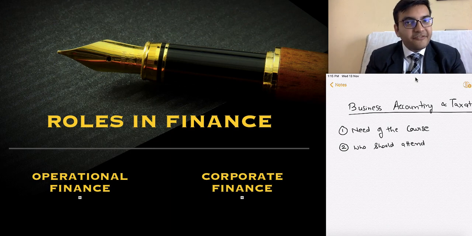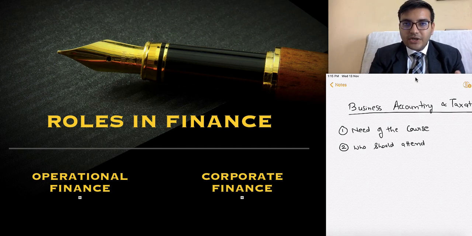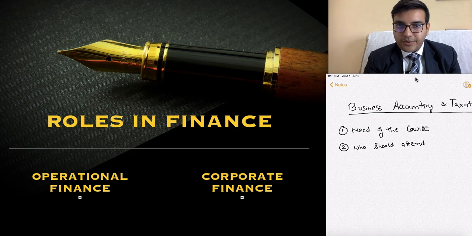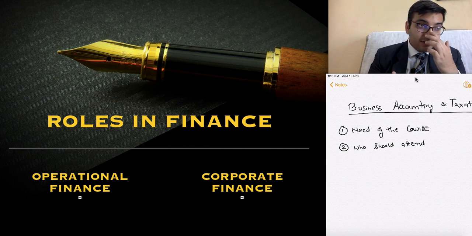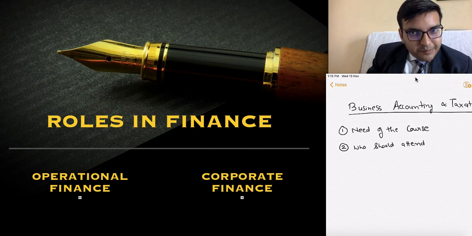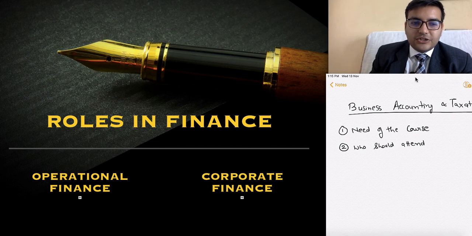That's what the main difference is, and that's why we have created this course of business accounting and taxation. Because when you look into operational accounting, or operational profitability, you need to understand how the accounting is done at a unit level. That is very important, because there are a lot of bifurcations, a lot of mapping and accounting codes which are used to calculate that profitability department wise, unit wise. So that's why we have created this course.